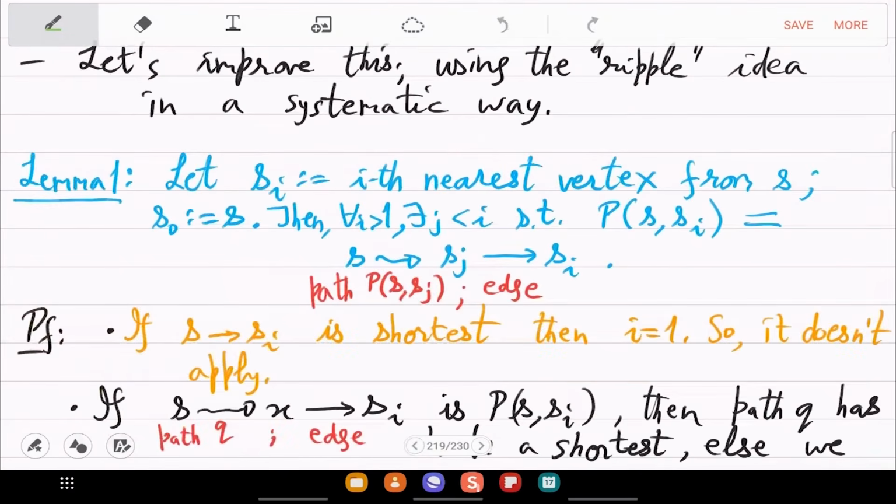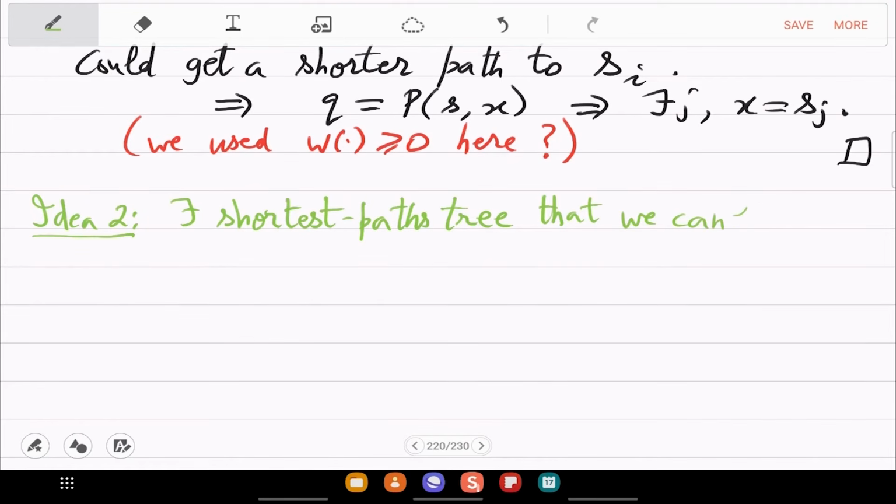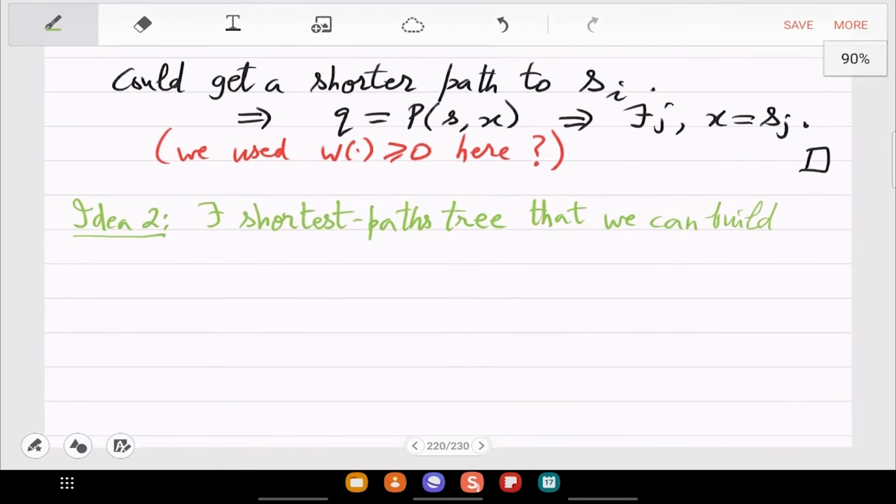The next idea is to have better control on the structure via this shortest paths tree, that we can build incrementally.